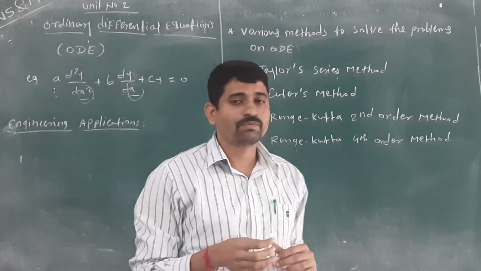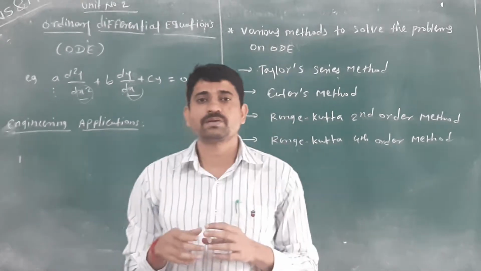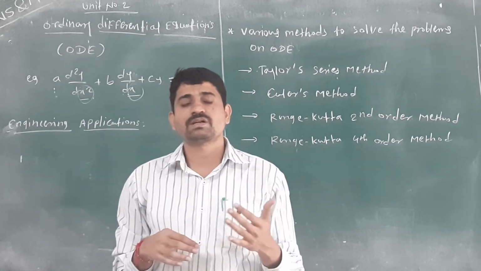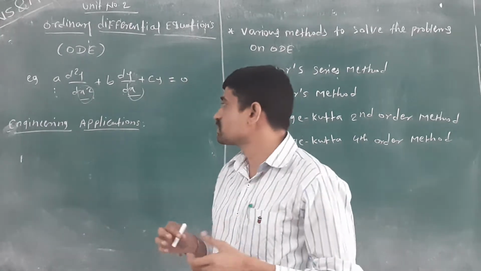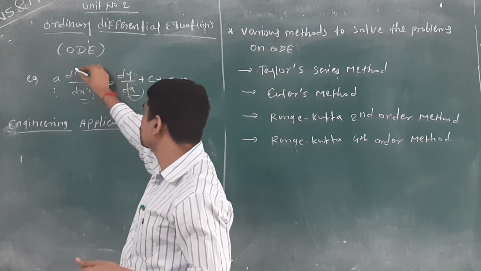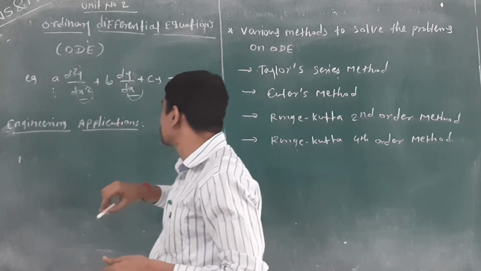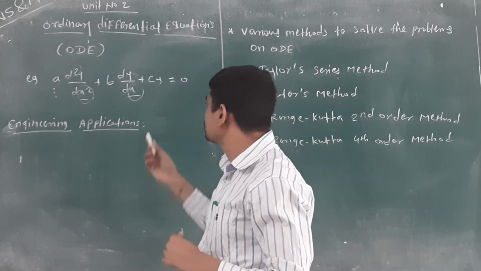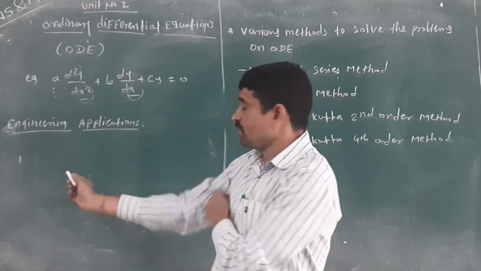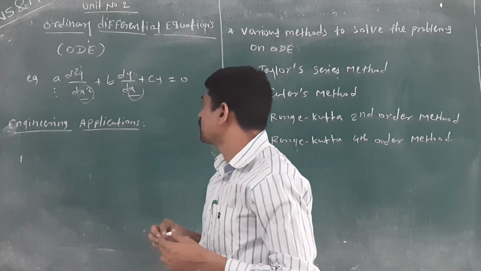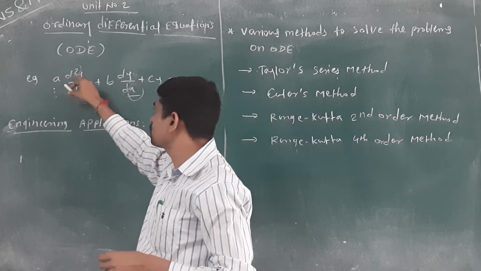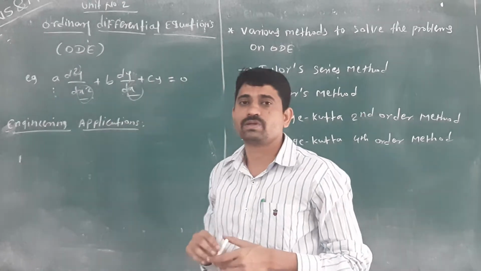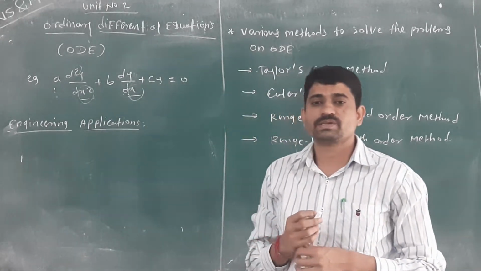All of you getting what is the ordinary differential equation? Then you know the first degree equation, second degree equation, third and fourth degree equation. You have to check the highest degree of that equation. Here the highest degree is 2, so we can say it is a second degree equation. If it is first degree, you say first degree; up to third, fourth, nth degree, you have to identify that equation.